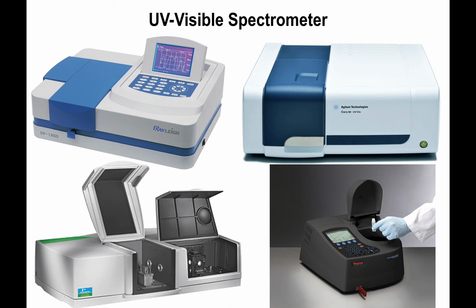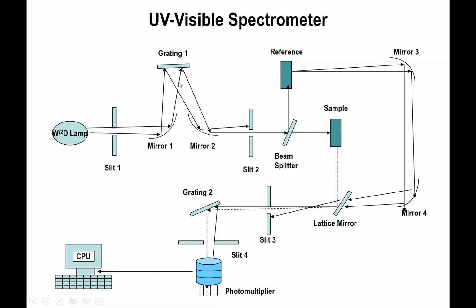You may also recall using certain instruments. These are some of the typical UV instruments that you may use. This is not the only way to have a spectrometer, but this is one of the more traditional ones, where you have a tungsten deuterium lamp shining ultraviolet and visible light. That gets bounced onto a mirror, which then goes to a grating, which is the selector, the discriminator for wavelengths. This grating has a mechanical part that allows it to rotate, and basically selects the wavelengths that hit the second mirror. And depending upon how this rotates, you get a different